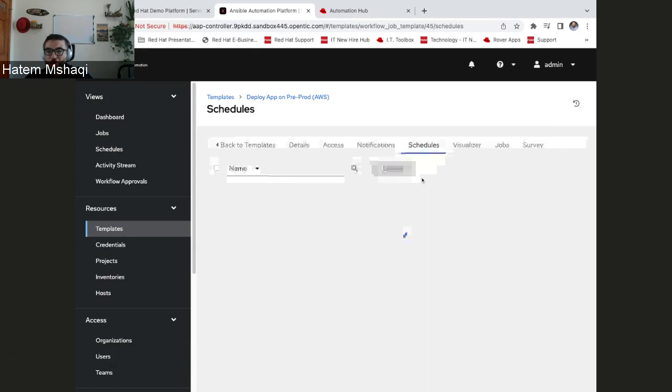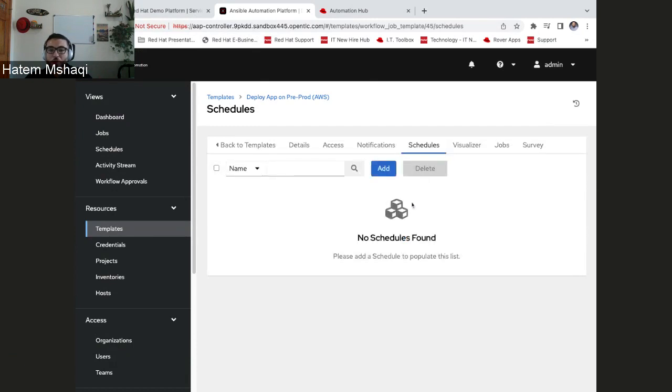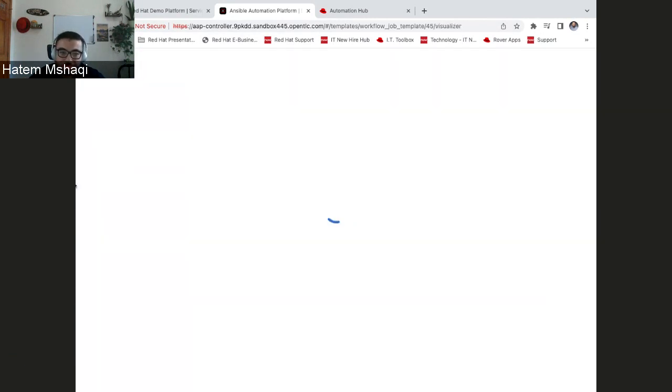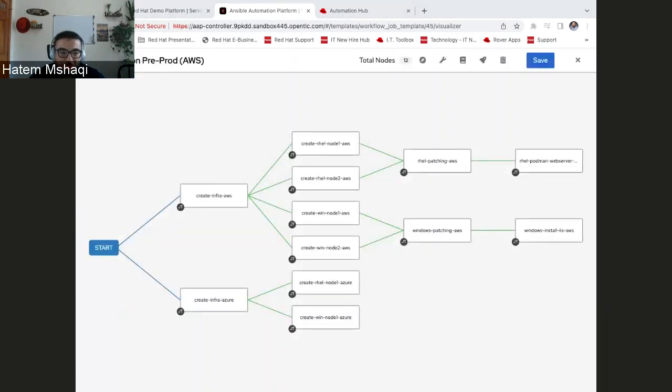And the schedules, you can schedule what time this workflow runs, or you could have it like a batch job, or you could have it as a cron job, scheduled on a daily basis or monthly or hourly. It depends on your need. I'm coming here to the most important tab, which is the visualizer. I will spend much time on